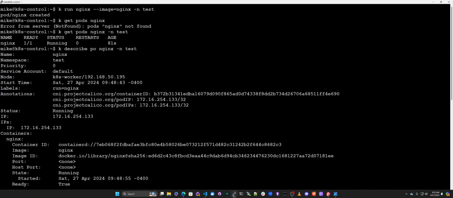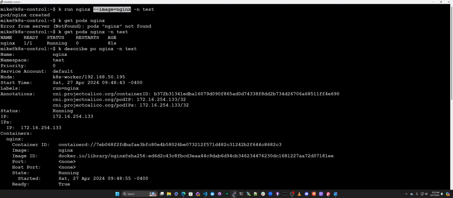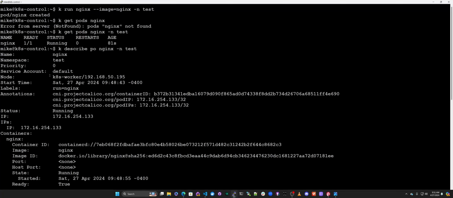because that's where it was deployed. So I'm going to scroll up here, and you can see here I have the name Nginx, because that's what we named it. So what the run command does is it's basically an imperative command to run a pod called Nginx, use this image, and deploy it to this namespace. And that's what we did. So name is Nginx, namespace is test, the service account is default, the node is running on k8s worker, and